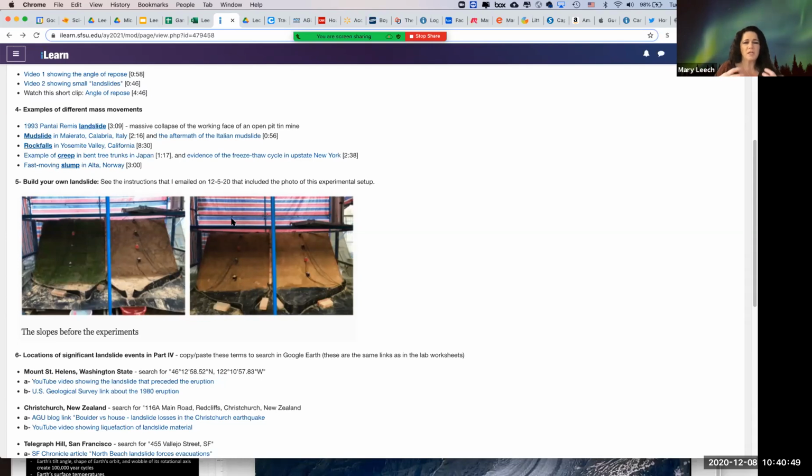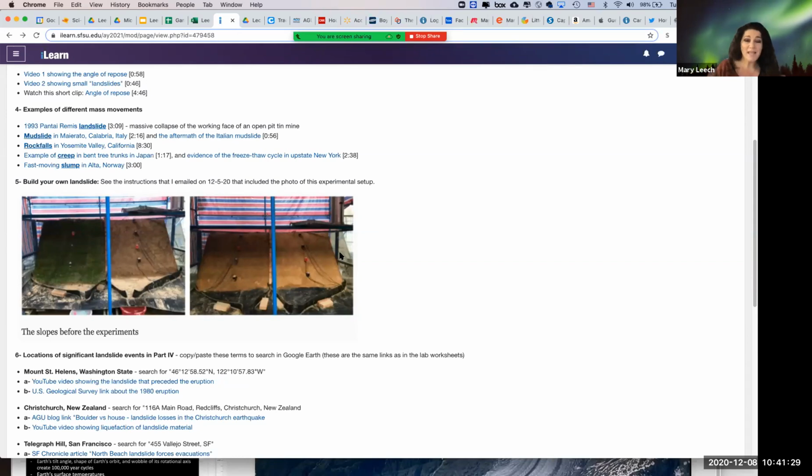Have some idea that you're going to test when you make this. Are you going to put little trees in it that could just be parts of plants or sticks or a little branch off of a bush that you stick in the soil? Are you going to put a little house on it? Are you going to try to create a neighborhood or build a road or something like that? Create a cliff? Or is it just going to be like a smooth slope like this? And then you're going to rain on the whole terrain. So have an idea.